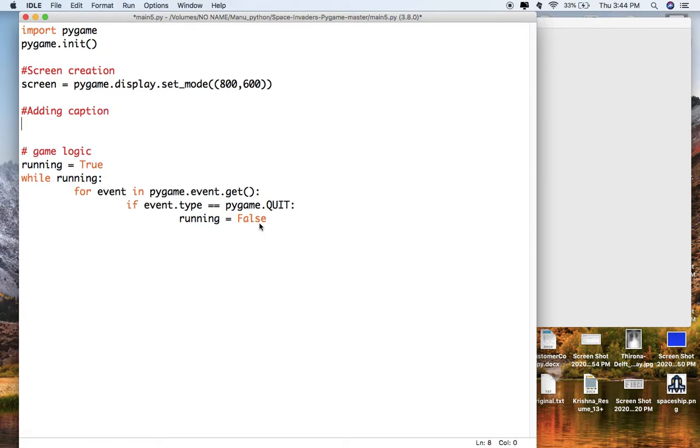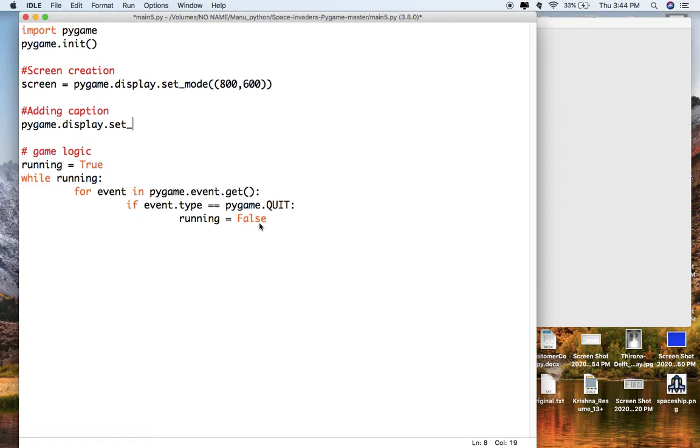Here, as we already created the screen variable, I will directly give it as pygame. I'm really used to Python, and I'm getting confused between pygame and Python, because this is the first time for me too, as for you all guys. Display dot set